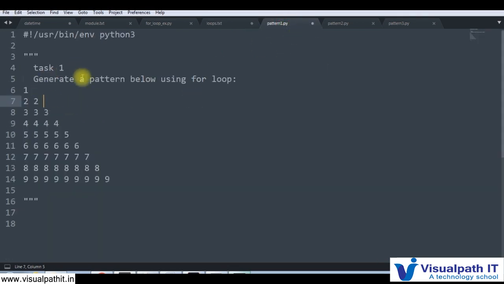Let's say task 1. Task 1 is to generate a pattern using a for loop. The requirement is to generate this pattern. On the first line it should print 1, on the next line 2 2, the third line 3 3, the fourth line 4 4, and so on up to 9. You can see here the size of this pattern is 9, so the base for loop should loop 9 times. So for I in,